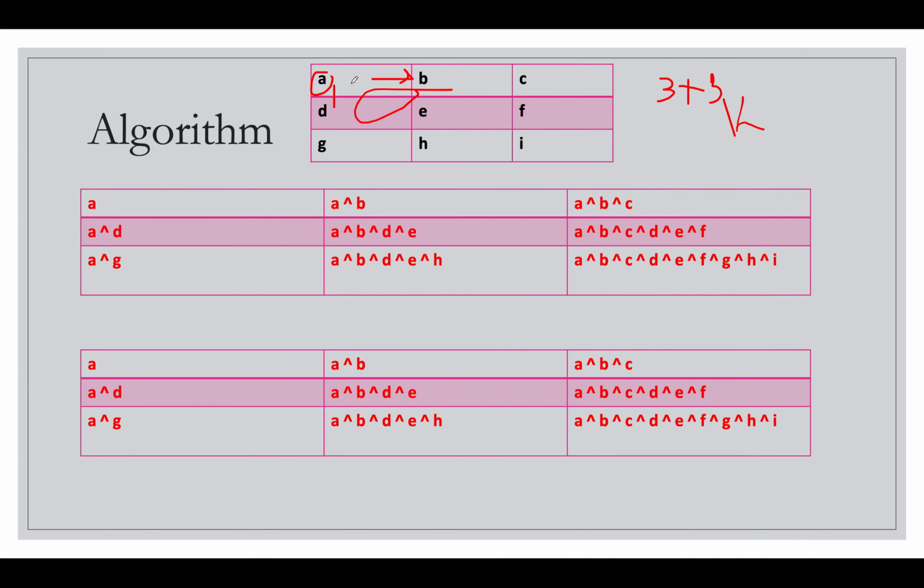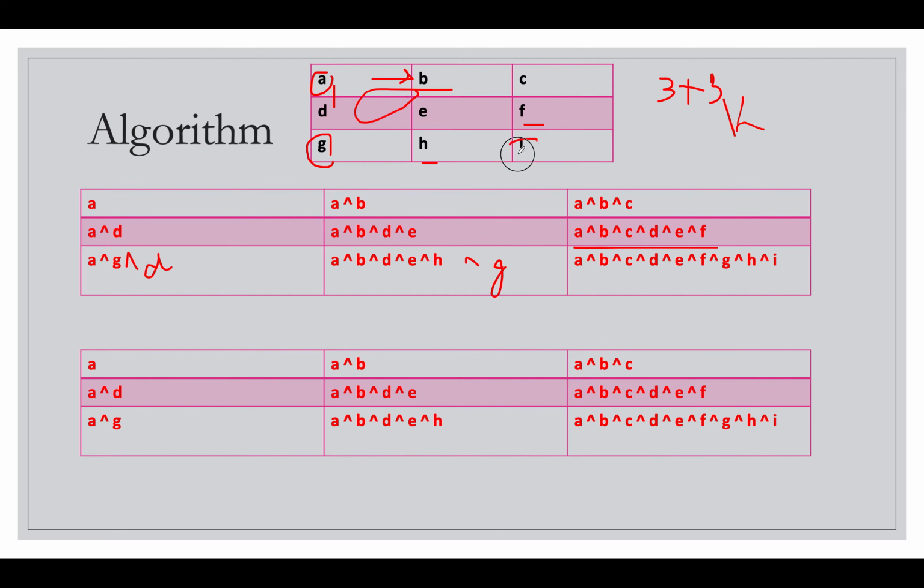For f, it should be the XOR of a, b, c, d, e, f, everything that is specified here. And for g, it has to be a, d, g. And for h, a, b, d, e, g, h. I missed g. Apologies for that.